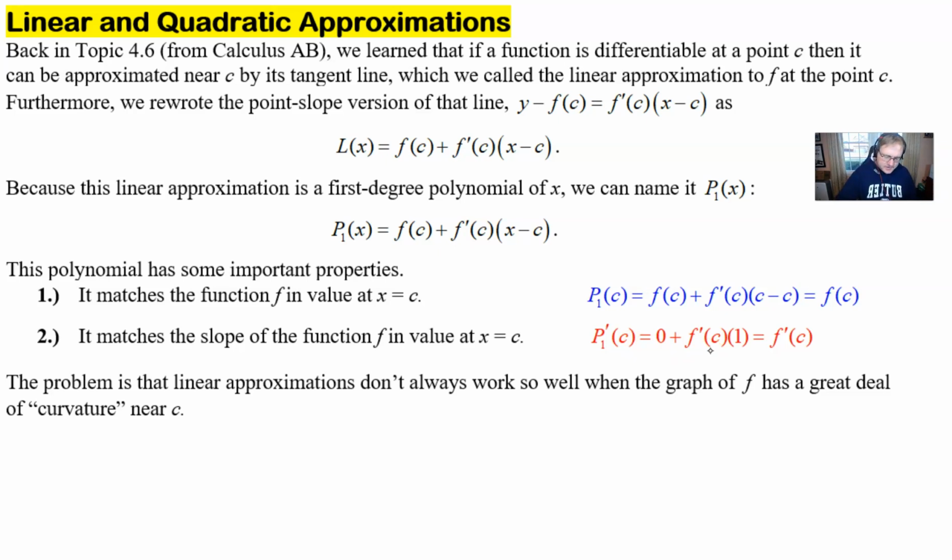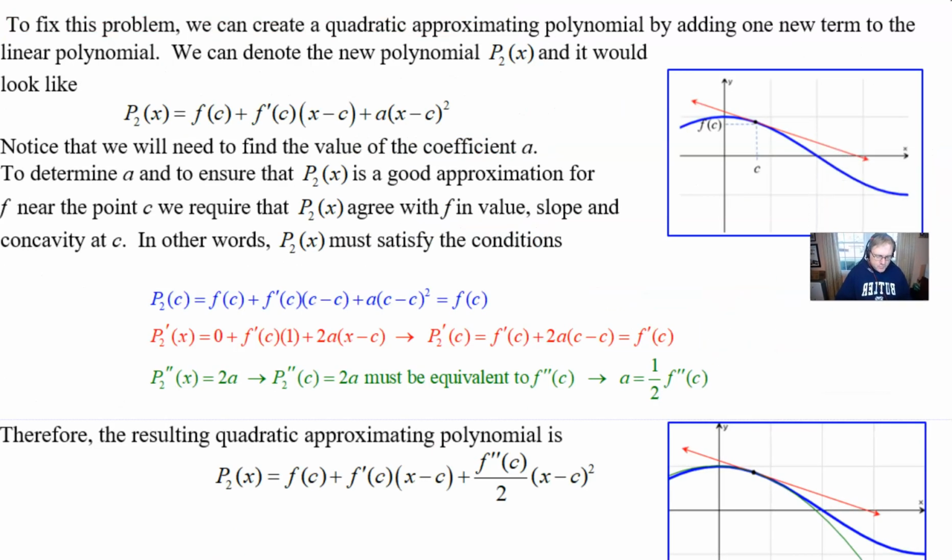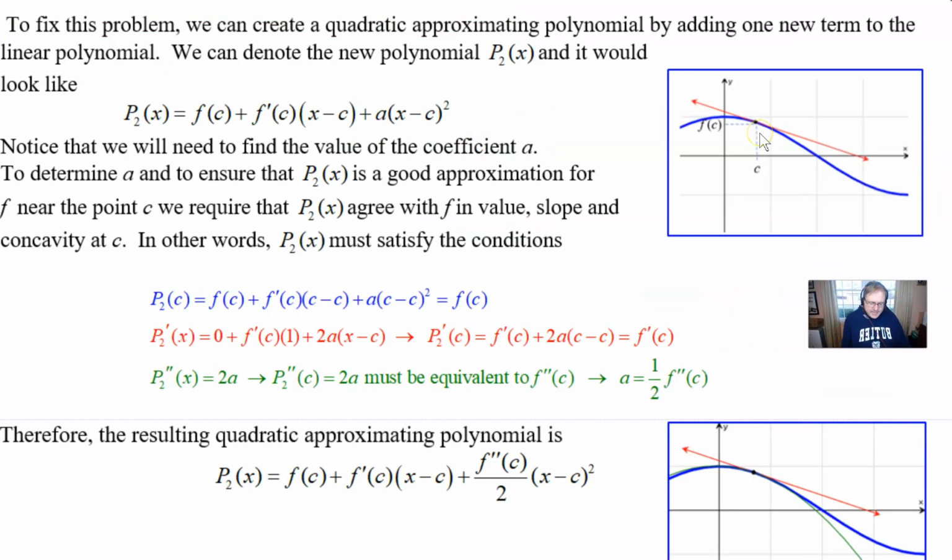In other words, if I go to my picture, move my ugly face out of the way, I'm saying that the slope of this red line and the slope of the curve right there at that point c are indeed the same. Well, that makes for a pretty good model. I could use that line all day long to figure out the value of the curve at c,